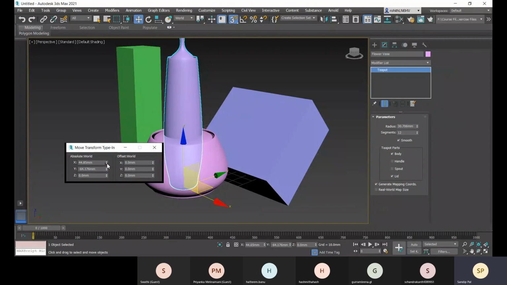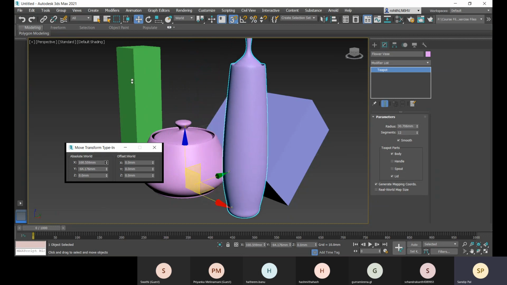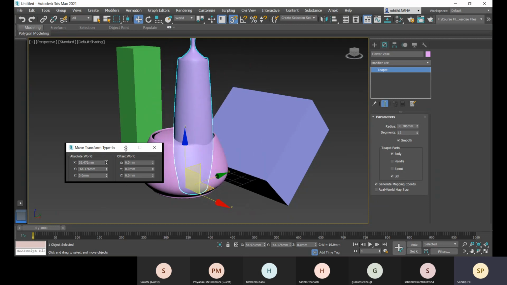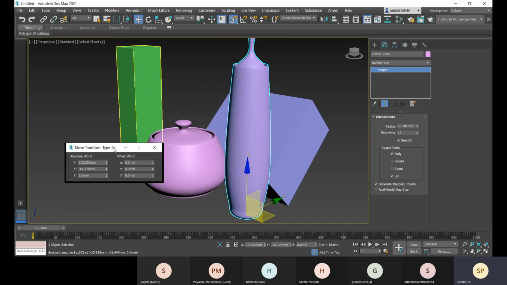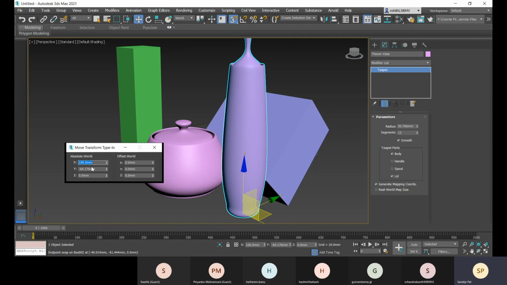And from here also you can change the position by typing the value. Right now you can see the value is, let me type 100, and the unit is mm, and that is calculated from the origin. Now if I put an offset, that will be calculated from the last position. So here let me go with 50.